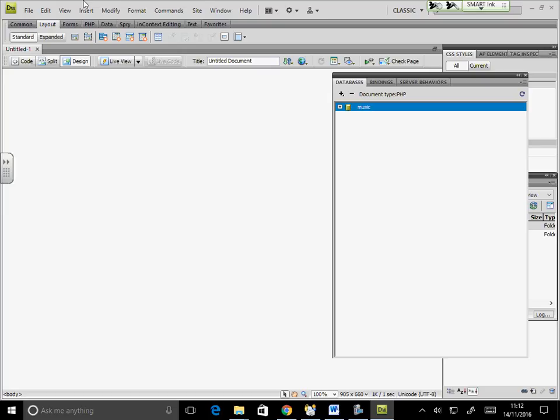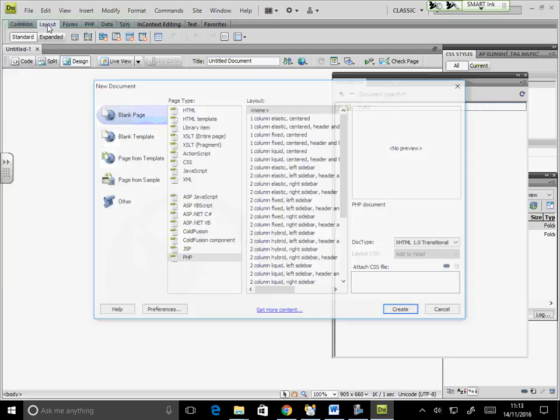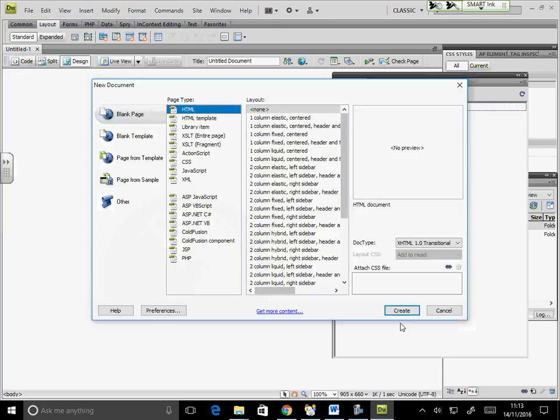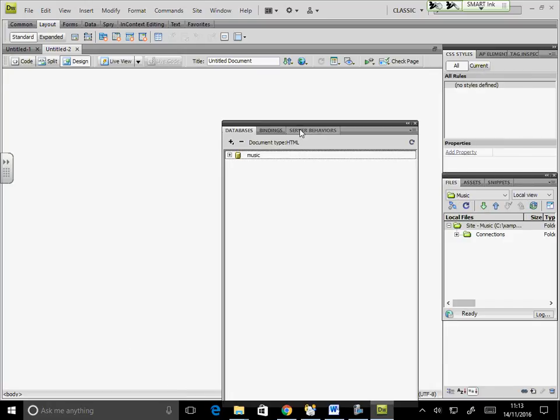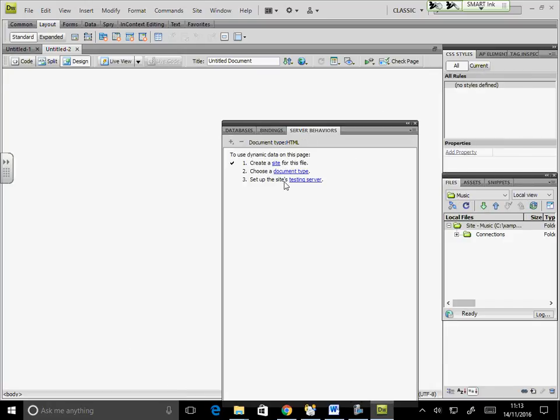Look, if I say file, new, and an HTML page, create, these are not going to be ticked. On an HTML page, you will only get one tick, and you cannot proceed forward unless you have the 3 ticks. You will not be able to do anything. Is that okay? So you have to be on a PHP page.